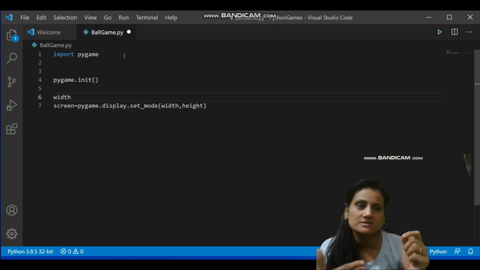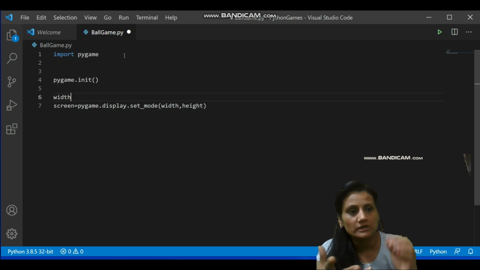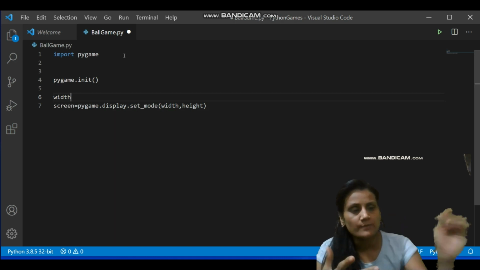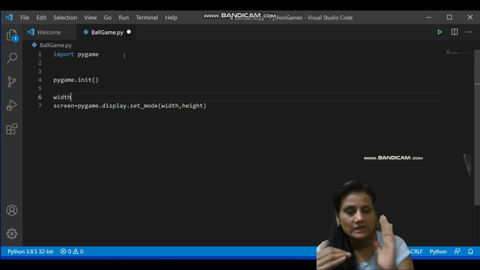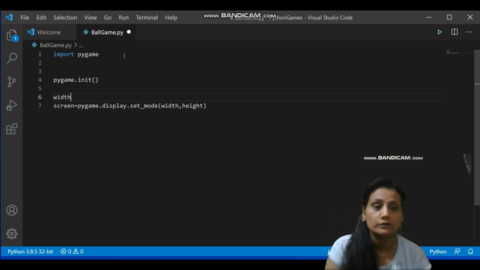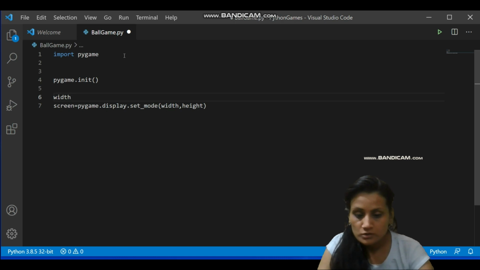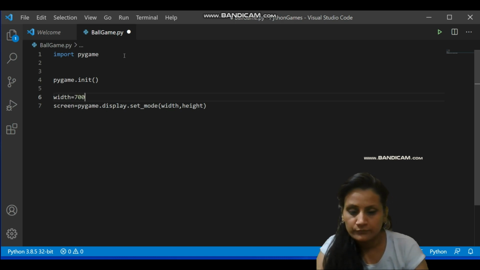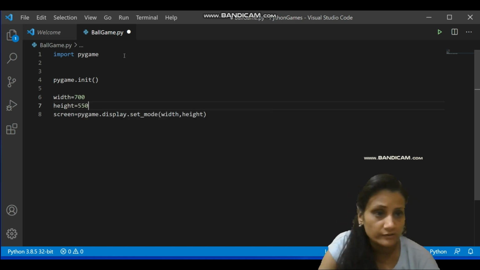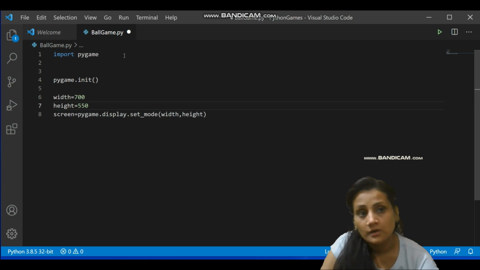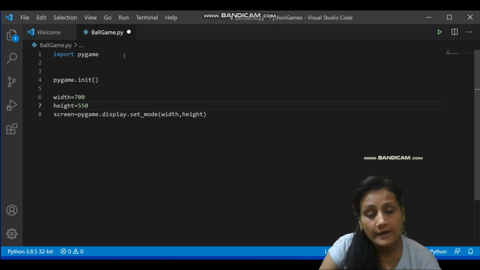If I directly take 700, 550, then I cannot mention a percent of the width or height. So always using variables is a very good method of programming, okay. So width is 700 and height is 550. This is just random trial and error. If you want, you can adjust the size of the screen as per your convenience.